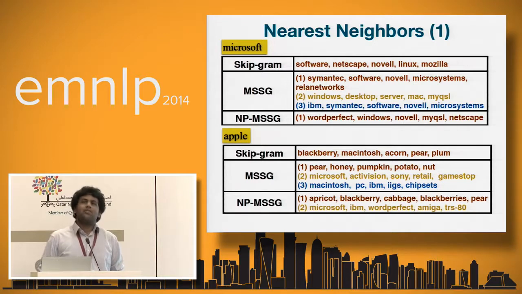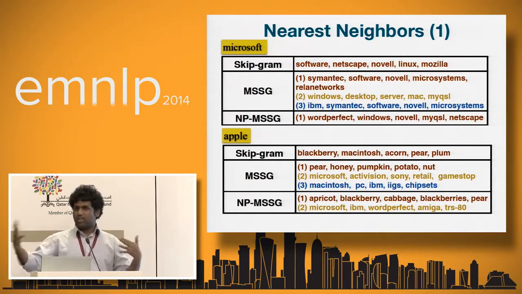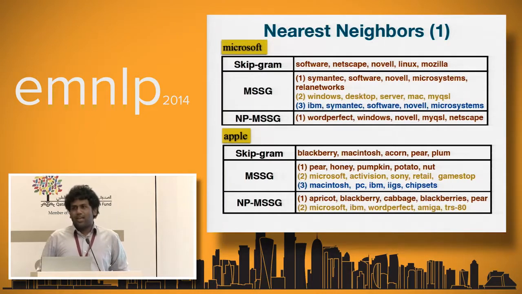So just to give an example, we looked at the nearest neighbors for the word plant, and we observed this happening, where one sense is about general plants, then there is a sense that is particularly about flowering plants, a sense particularly about power plants, and then there is the whole manufacturing plant. Yeah, now we are actually playing around with this model, trying to apply it to a lot of tasks. Let's see whether something like that happens.